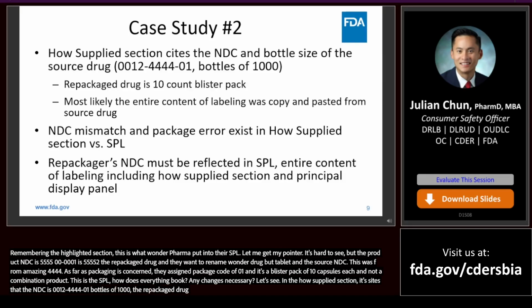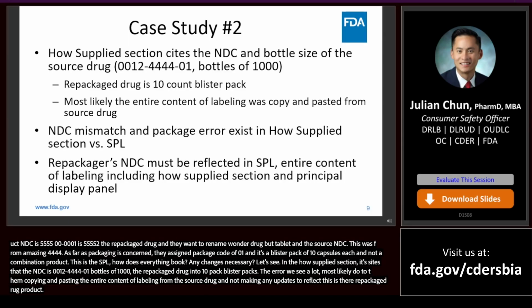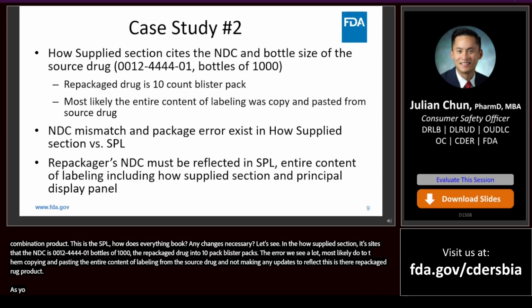So this error, we actually see it a lot. It's most likely due to them copying and pasting the entire content of labeling from the source drug and not making any updates to it to reflect that this is their repackaged drug product. So as you see, there's a mismatch in the NDC and package size that exists in the House Applied section